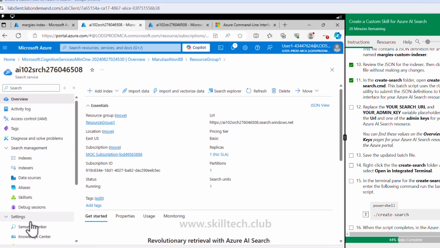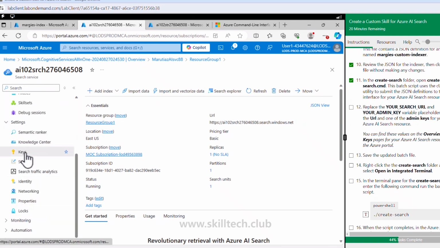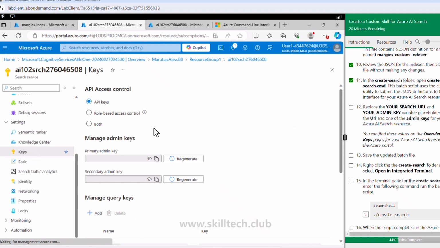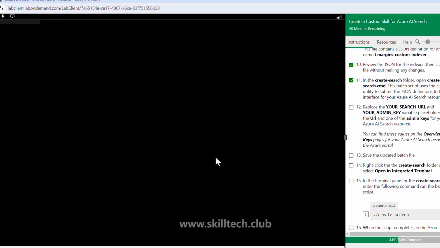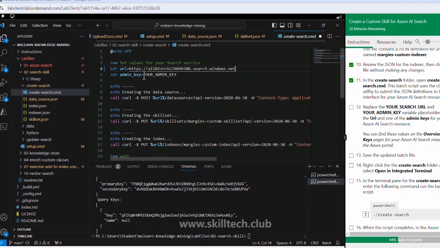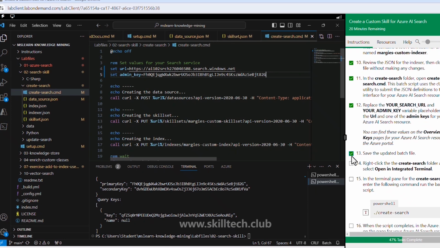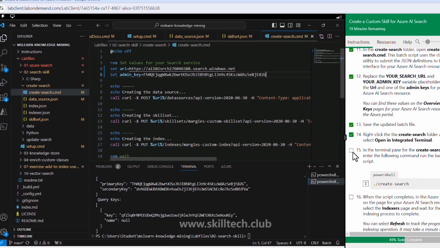We're going into settings, we're going into keys, and we need to take our admin key. So this is our primary admin key. I'm going to copy this and I'm going to paste it here. Any of the keys will be fine, first or second one. I'm pasting it here. I'm saving this. And finally, if this is saved, it's time we go and execute this particular file, which is